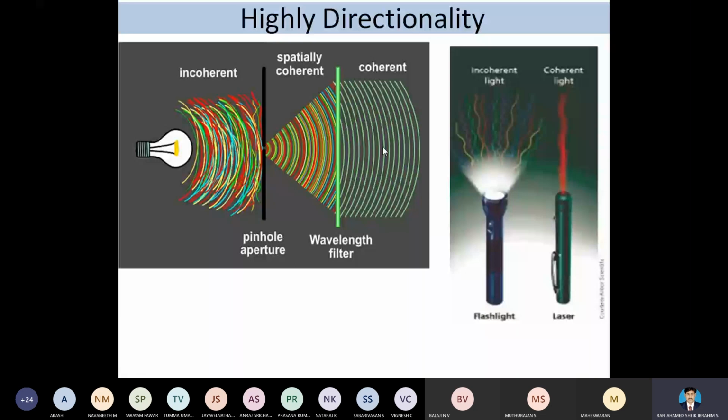So here the high directionality is explained with respect to this wavelength structure. For ordinary light, we have different wavelengths. Wavelength here means we can see the different colors. Here we have all the VIBGYOR colors. When the VIBGYOR colors are passed through some filter, we get a single color. So this is a single color only, which is our consideration, that is laser. First light, laser. Here multiple radiation. Here we have only a single radiation. So these are all the characteristics of the laser.